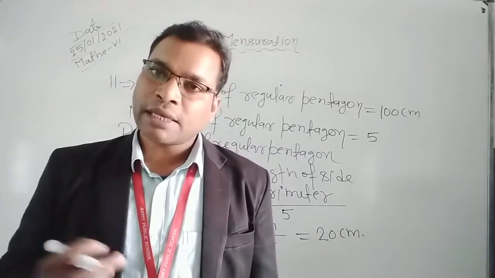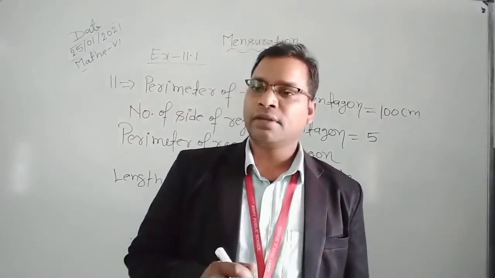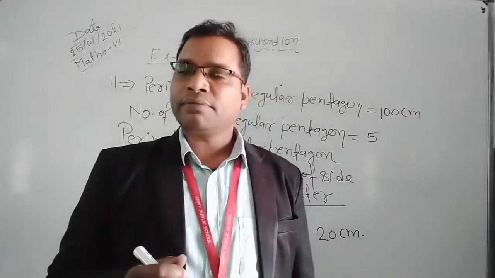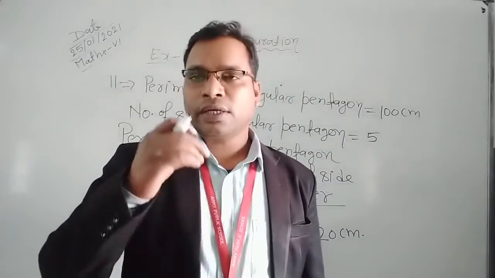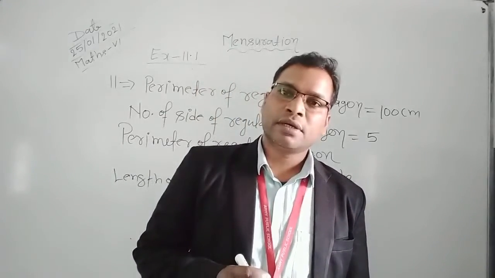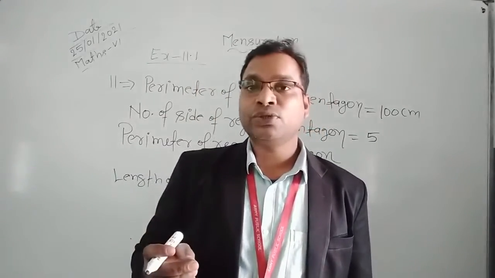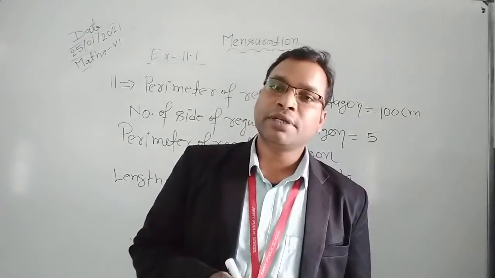Obviously you can say the length of string, this is also equal to 30 centimeter. Now again, we reform a regular hexagon. So perimeter of the regular hexagon is length of string because you form it by the string, and the length of string is given here